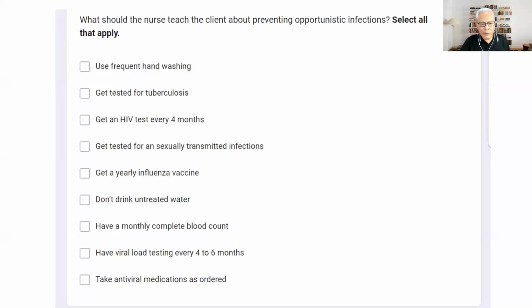Okay, so you remember the strategy for select all that apply: only select the ones that you are confident with